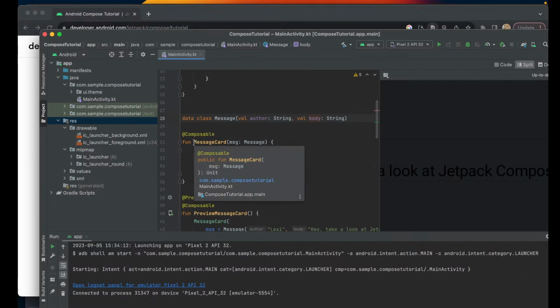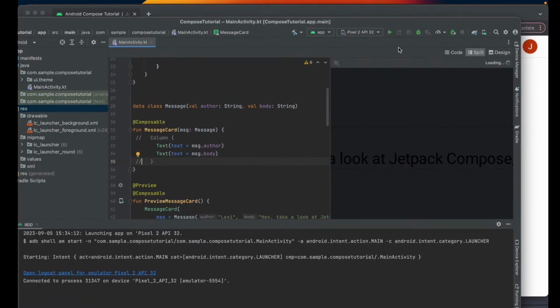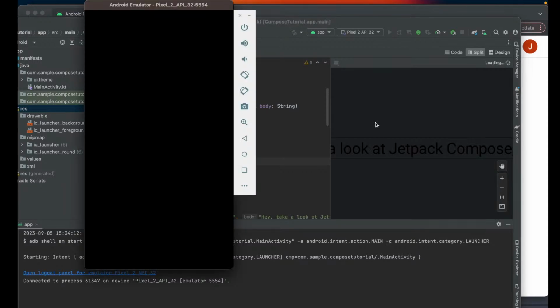However, at first, we don't add this column because column is kind of a new concept. But as you can see, when we go ahead and run the app based on the code that we have so far, we can see that